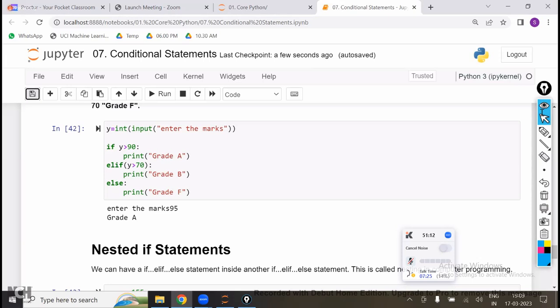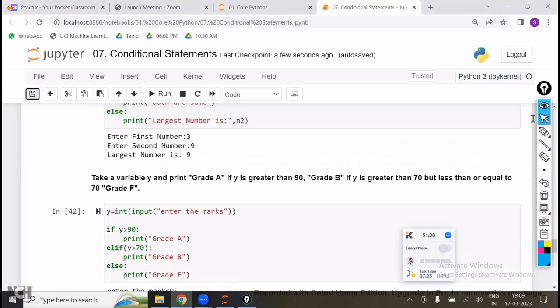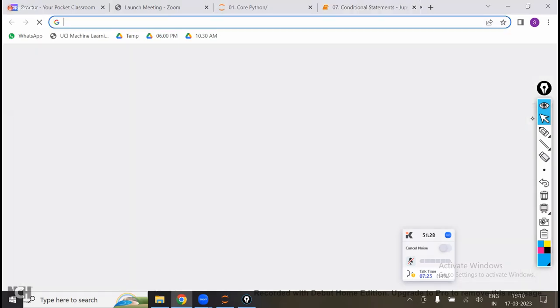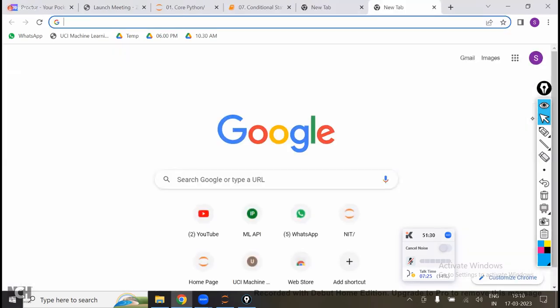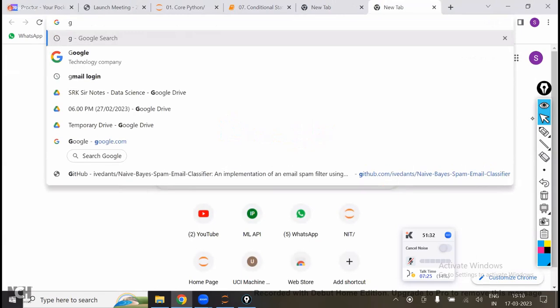Okay. Now let us take the assignment. Assignment here doesn't mean just changing the values, like if it is greater than 95, between 95 and 85 means this one, 85 to 80 means this one. I will not give this type of assignment, right? Here, just type in Google,